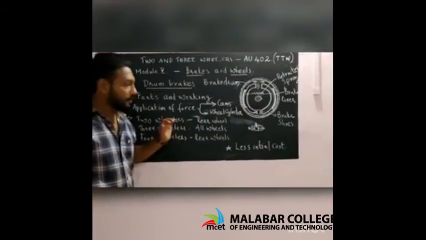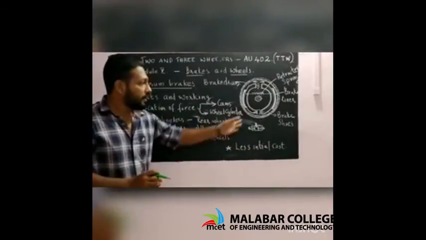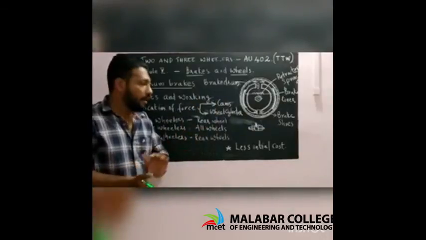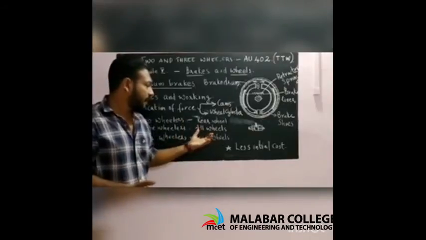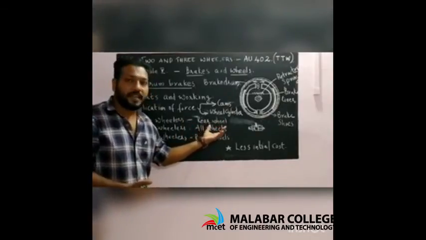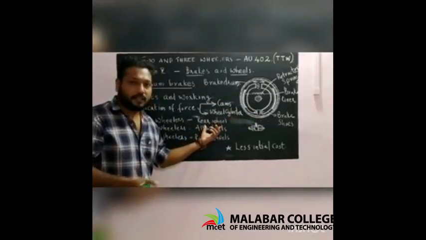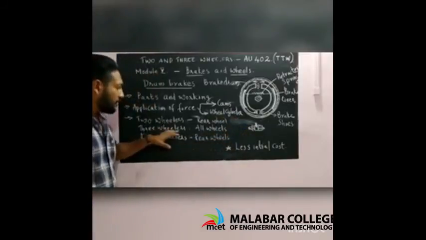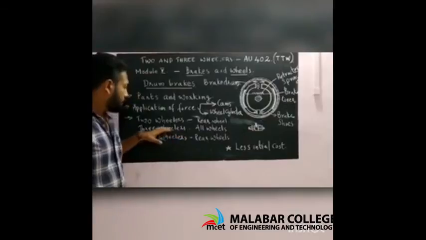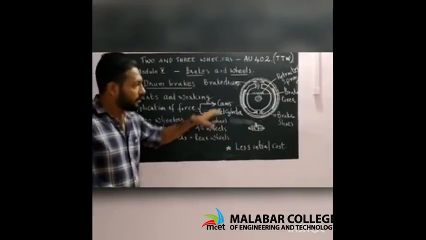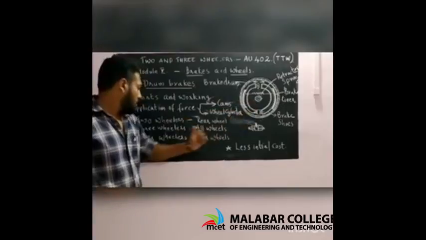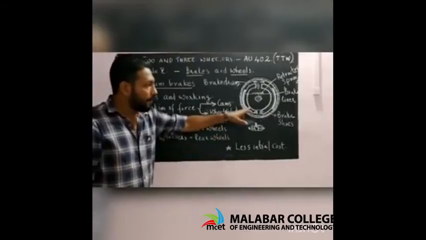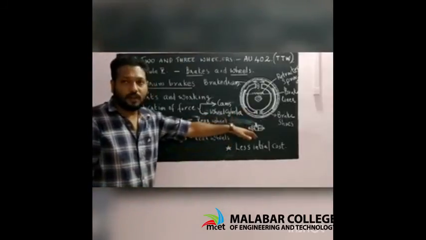Now we can see how drum brakes are applicable in 2, 3 and 4 wheelers. In the case of a 2-wheeler, usually we are employing these drum brakes. Nowadays in front wheels we are using disc brakes, but commonly we can say that on a 2-wheeler the most economical brakes are drum brakes, and nowadays it is common on rear wheels, but on front wheels we are using disc brakes. For a 3-wheeler, it is going to be obsolete now, and for a 3-wheeler we are using drum brakes on all 3 wheels. In the case of a 4-wheeler, commonly we are using drum brakes on rear wheels and disc brakes on front wheels.